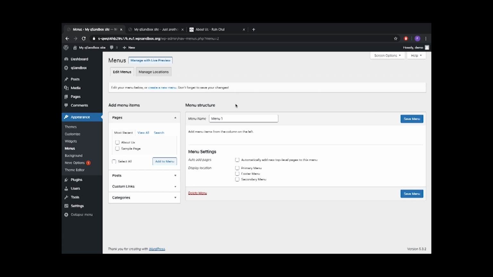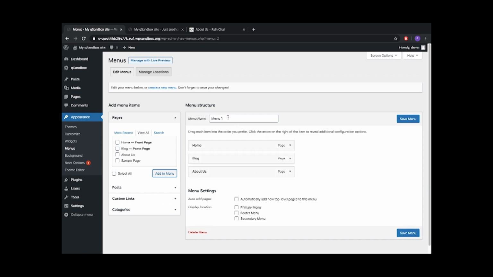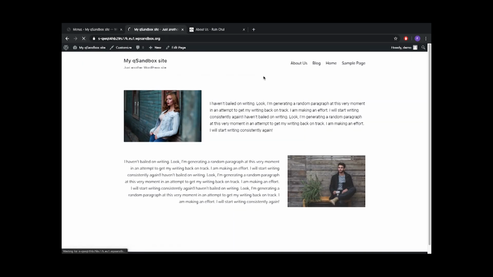After we created a menu, we can add our pages. So say I want the first one to be my home, second one to be blog, and then about us. I would like to leave out my sample page, because I don't want to add it, right? So after you select all the pages, you can click add to menu, and then they become here. So when we save menu, right, and we go back, you will see,